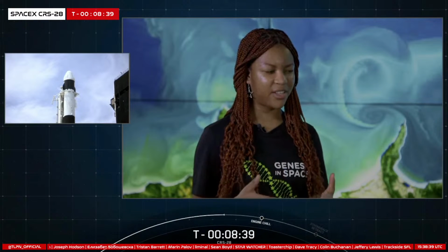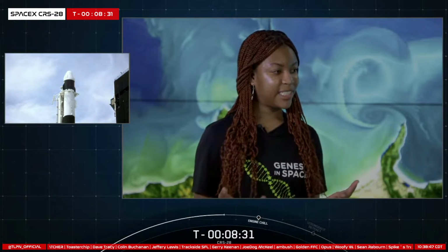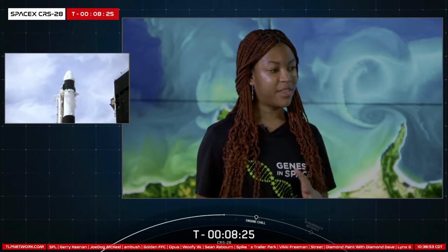But it turns out that isn't something that can really be done on the ISS. Instead, experiments involving DNA length measurement need to be sent down to Earth, and that costs time and resources. So with that, the Genes in Space team and I got thinking, what if we developed an experiment that could help address that? And so we developed an experiment that will allow astronauts on the ISS to detect a 4-fold